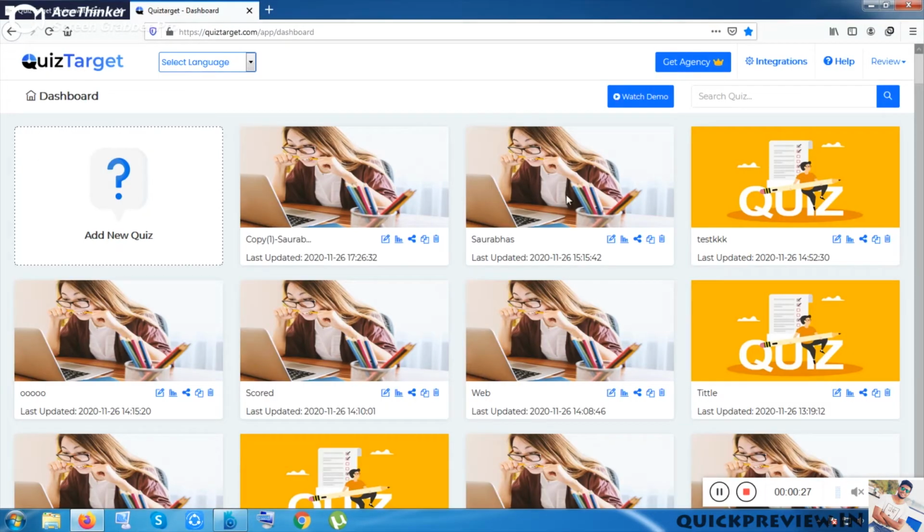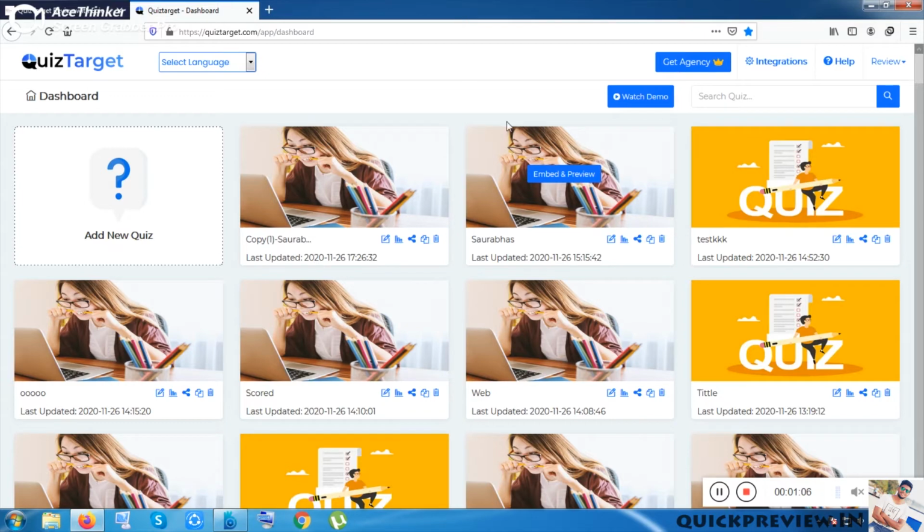Okay, so Quiz Target is all about lead generation, getting leads, getting customers' data, consumers' data, easily and playfully. You can get any email ID, any mobile number, or social media handle, personal social media email IDs, or such kind of things easily by playing some quiz. So this tool is all about that, and this tool has so many features, and let me clear you one by one. There is nothing much to show you inside this dashboard, but once you have bought this product after purchasing it,